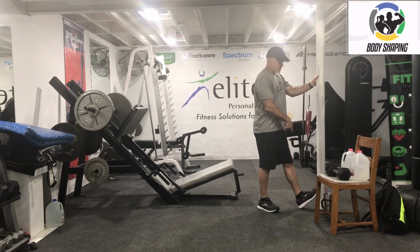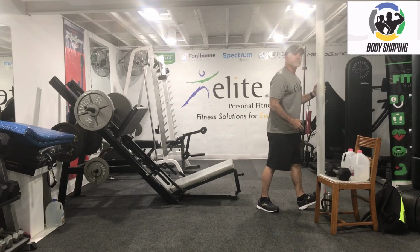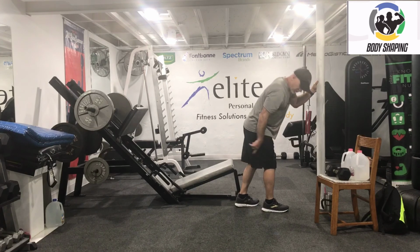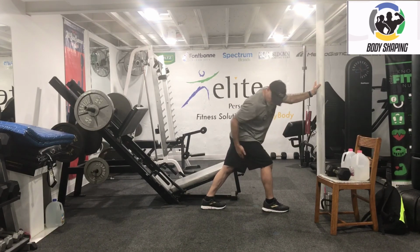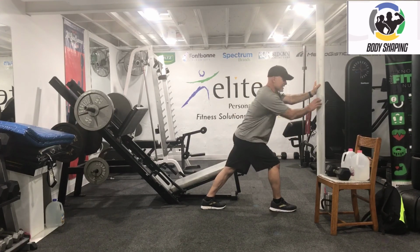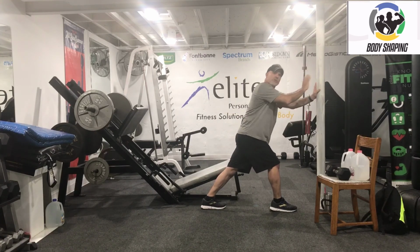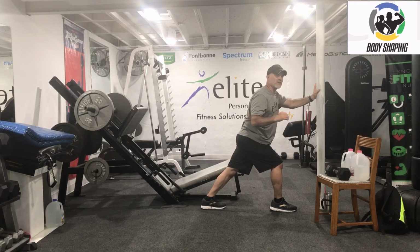You can bring your foot up, if you can see that, and just lean forward, and that'll stretch them. Or you can kind of do the opposite of that, where you bring your foot behind you, press the heel to the floor, and then lean forward, which is going to lengthen that back calf. So this left side, as I lean forward, keep the heel down, that really does a good job of lengthening that muscle. So I'm going to go against the wall, just lean forward, stretch it, guys, 15 to 20 seconds,